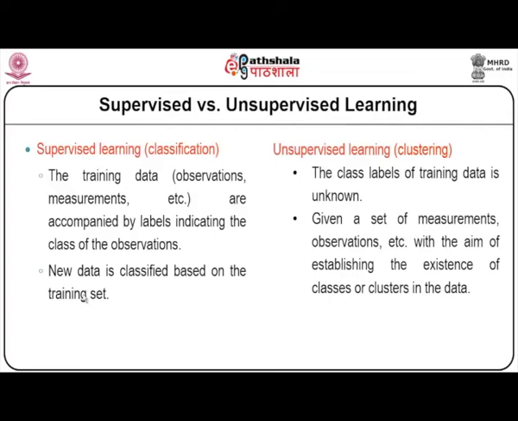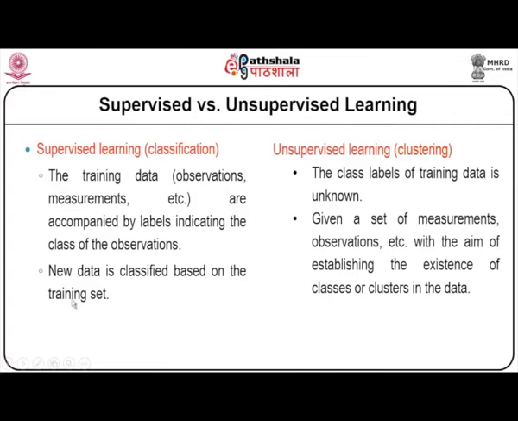Mainly, supervised learning is based on classification techniques, whereas unsupervised learning is purely based on clustering techniques. The training data, like observations and measurements, are accompanied by labels indicating the class of each observation. Which class it belongs to is already predefined, so we understand the training data better. Any new data that is to be classified is primarily based on the training set,